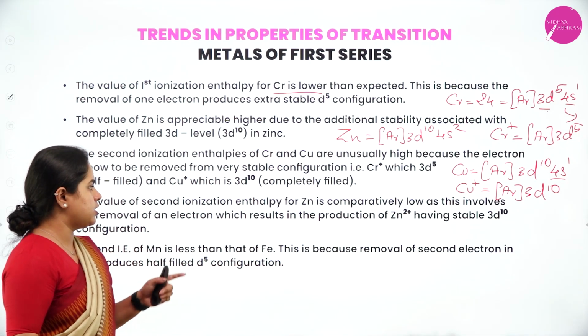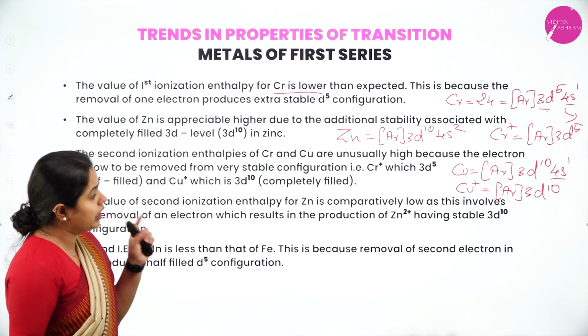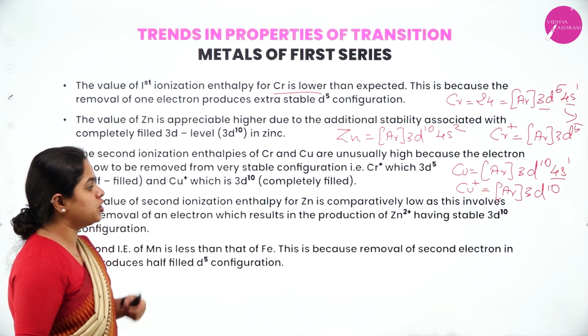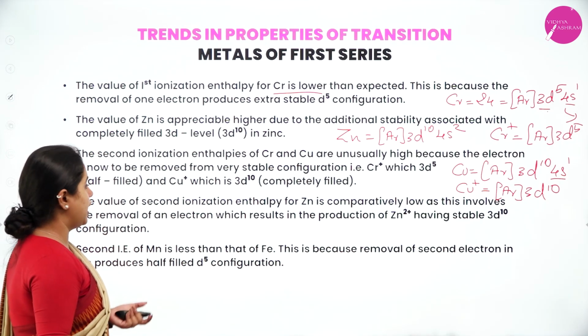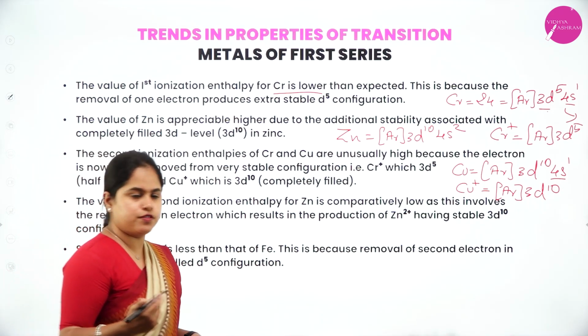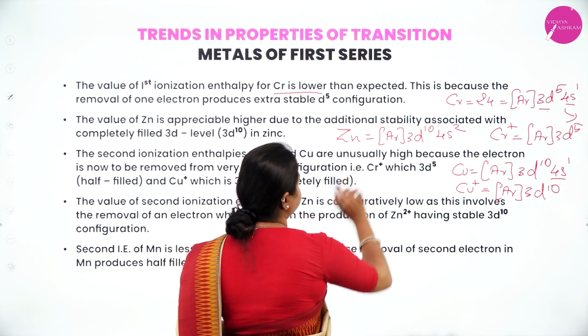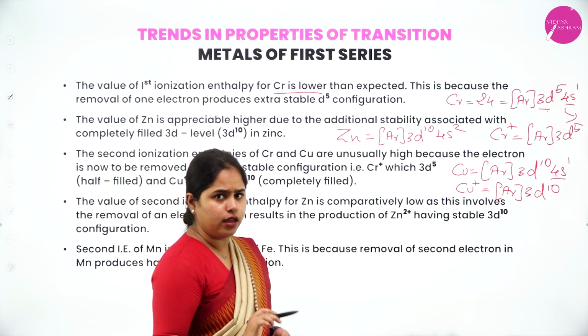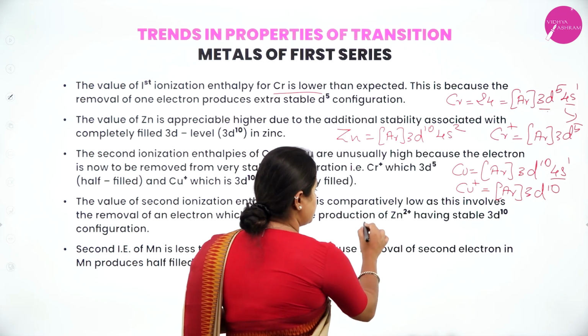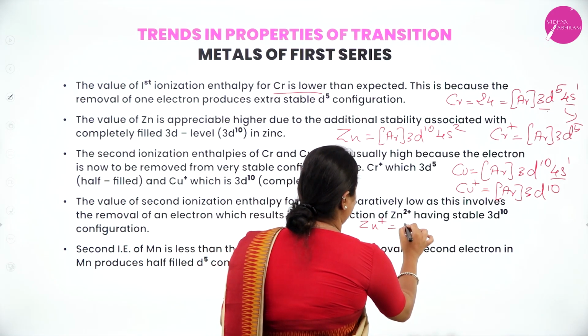The value of second ionization enthalpy of zinc is comparatively low as this involves the removal of an electron, which results in the production of Zn2 plus having stable 3d10 configuration. So we are talking about the second ionization enthalpy of zinc. So we have already written electronic configuration of zinc. First ionization enthalpy means it is getting converted into Zn plus. So Zn plus means what is the electronic configuration? Argon